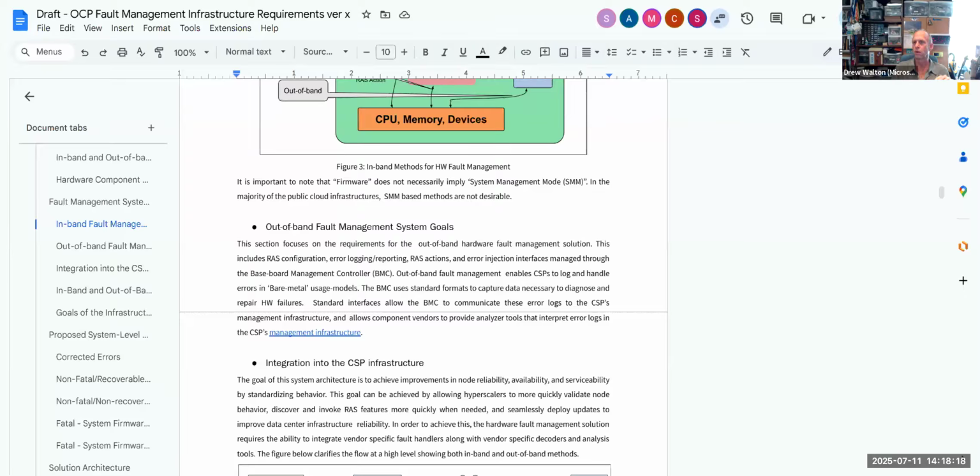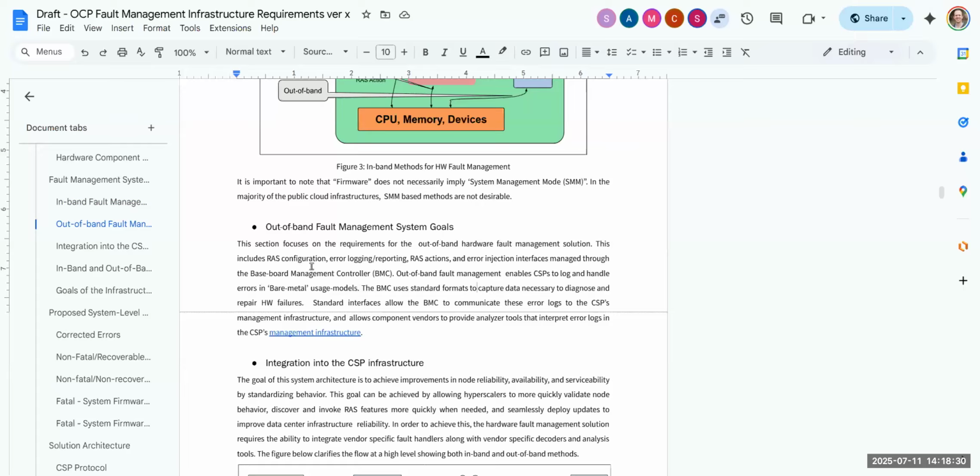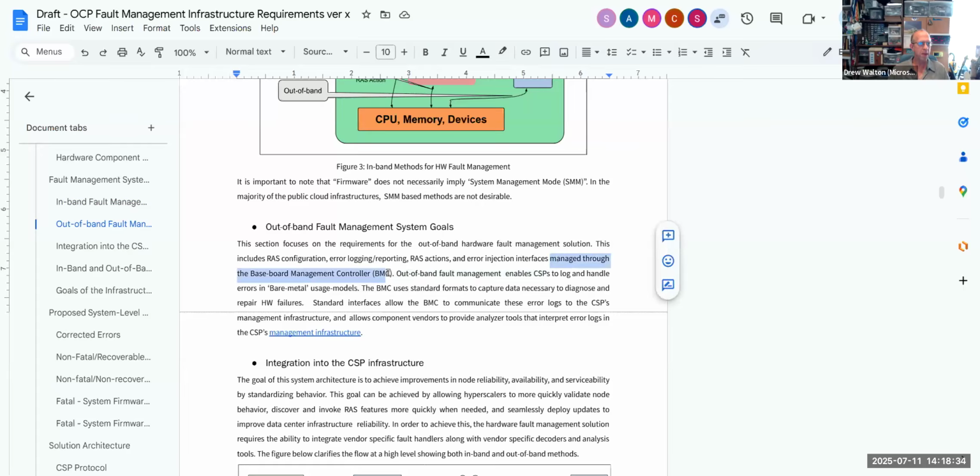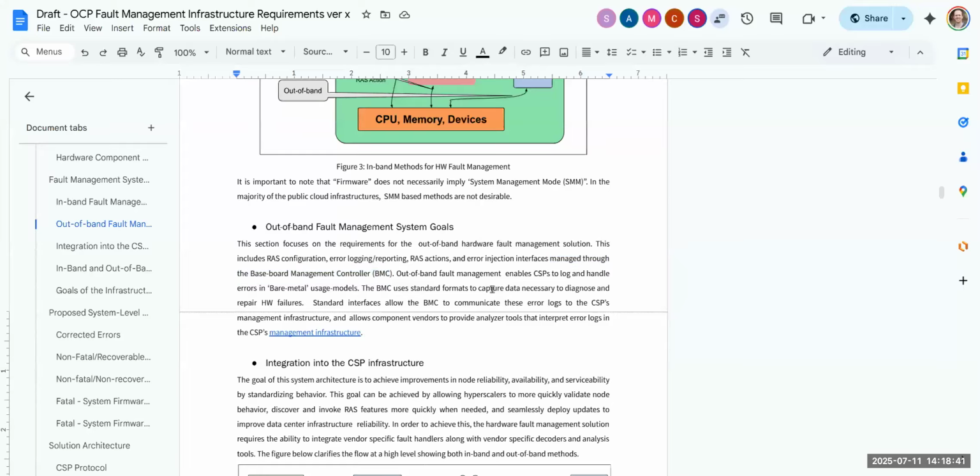The next page itself says that in-band and out-of-band are not mutually exclusive. I think we actually just described it. Next page, I think it's fine, and I don't think there's anything to change in the out-of-band. Yeah, now it's clean. I think the earlier text in the original document was different. Out-of-band really does need the BMC, at least in our description in this document. There's no getting around it, just like in-band needs the OS.